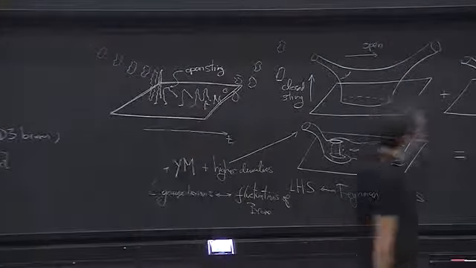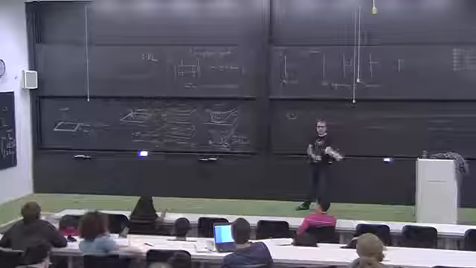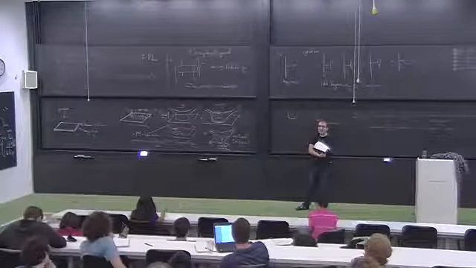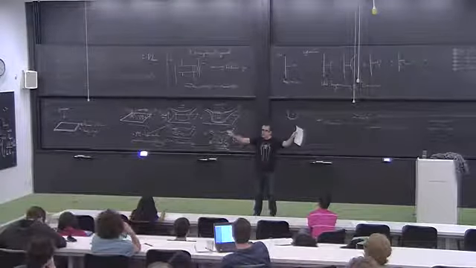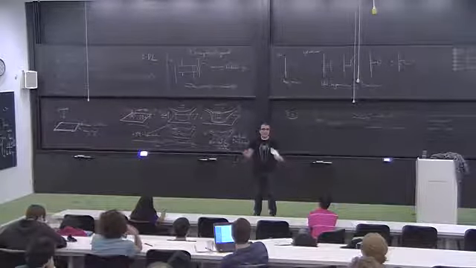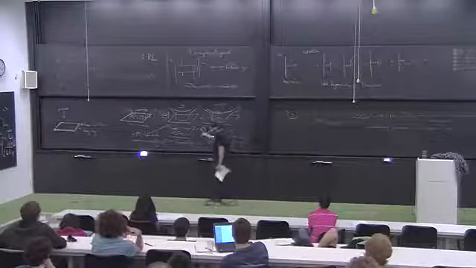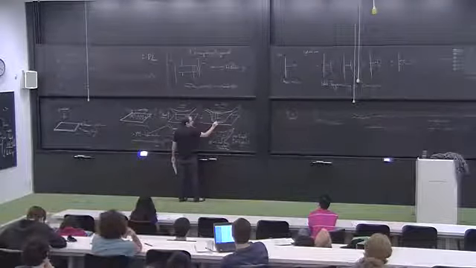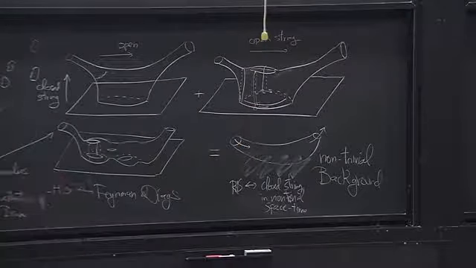Indeed, if you think a little bit, what would happen if the string tension is very big? Let's take this picture and think, what happens when the string tension is very big? The string tension being very big is the case when string theory becomes field theory. Because if the string tension is huge, strings shrink, they look like points. So this is the case where strings look point-like, so this is the field theory limit. If the string tension is huge, you'll see this line here that goes from here and comes back here, these two points need to be very close to each other, right? So the separation between the two endpoints of the string needs to be very small.